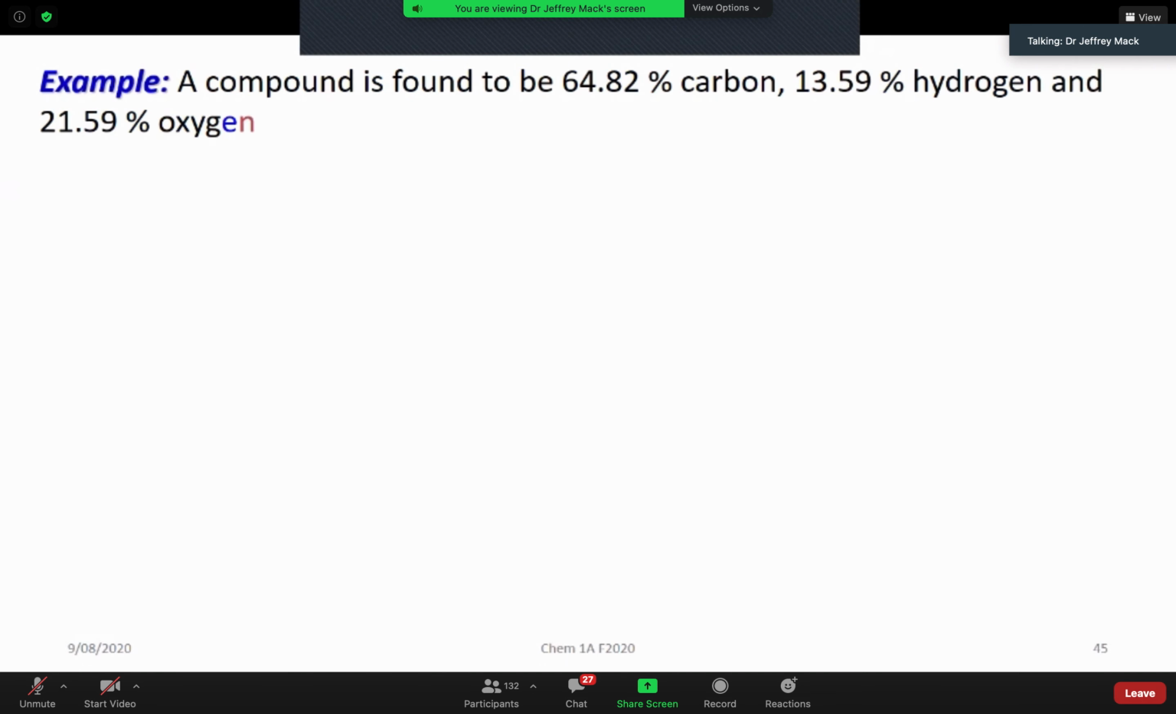I happen to have a compound, and it was analyzed, and it's found to be 64.89% carbon, 13.59% hydrogen, and then 21.59% oxygen. So we know there are 3 elements in this compound: carbon, hydrogen, and oxygen, and we know that's it because the sum of those percentages darn well better add up to 100, right? It better add up to be